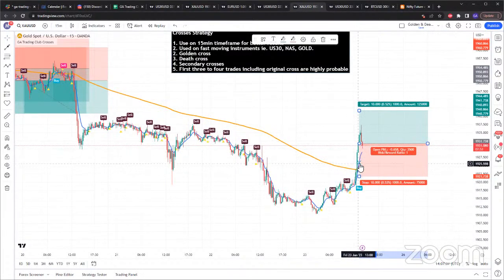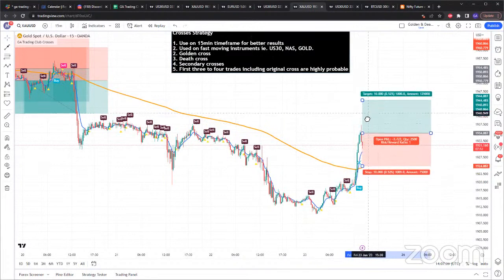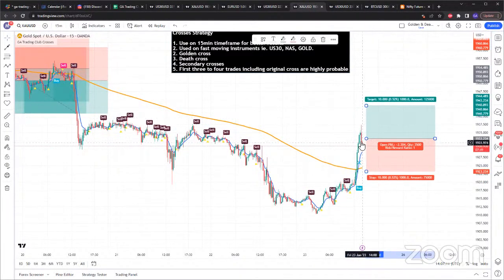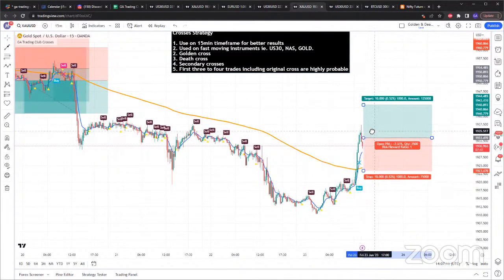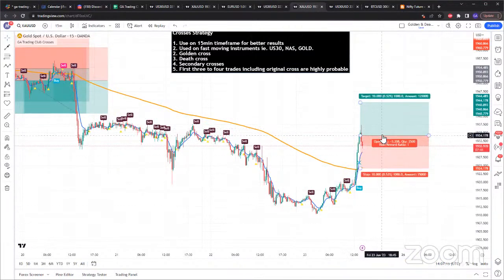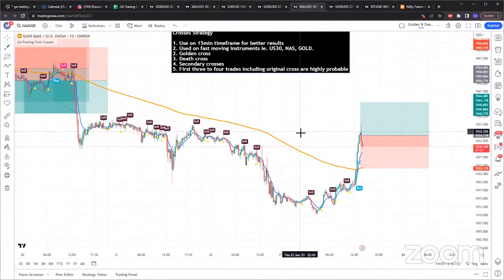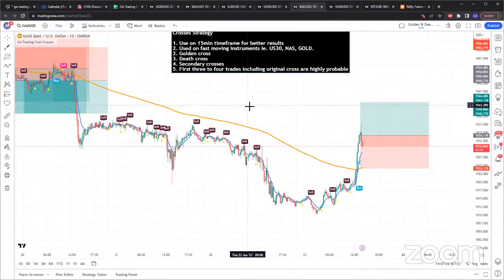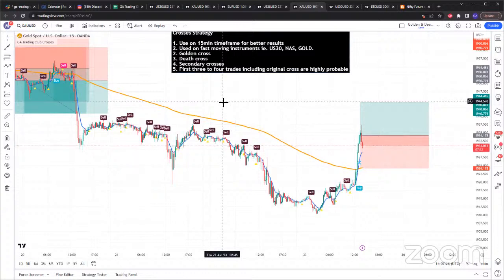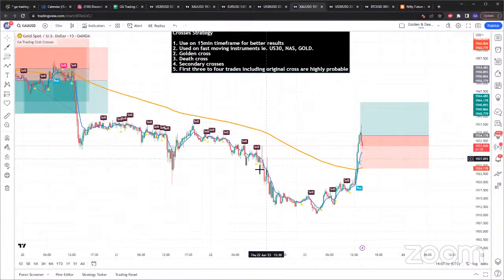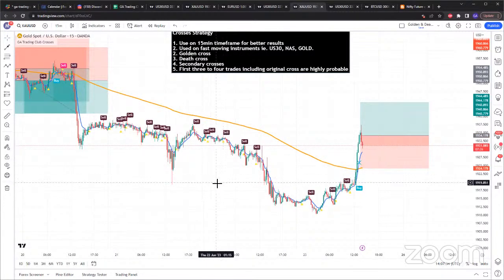Would have gone up about, oh no, it would have been here. Is it this one? Give me a second. Yeah, it would have been this one. Okay, so if you enter that trade, you would have been a bit in drawdown. I do not trade the golden cross on gold, I just don't. I like focusing on one. So for me, the crosses indicator backtesting I've done is on US 30. I really didn't do backtesting on gold, but you can see here just by visually looking at it, all these sells would have hit TP.